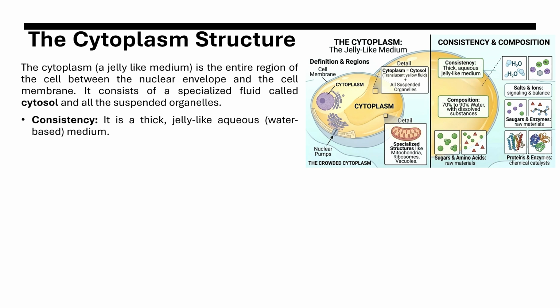The cytoplasm is not just water. It's a thick jelly-like aqueous medium called cytosol. Think of it like a clear jelly that is packed with tools and materials. It is roughly 70 to 90% water, which provides a stable environment for organelles to float and for chemicals to move around. So floating within this jelly is a complex mixture of dissolved substances that the cell needs to survive, and it includes